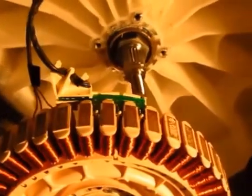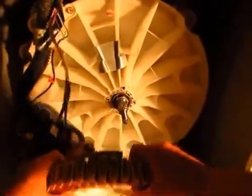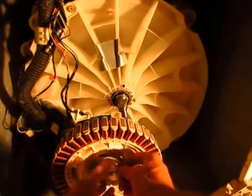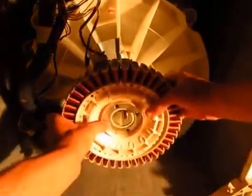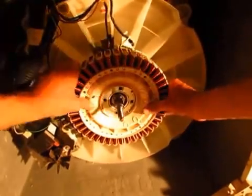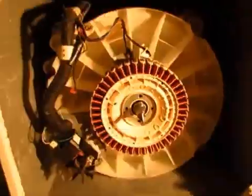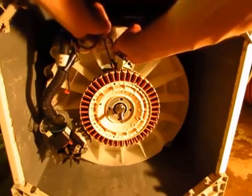And then all you really have to do is just the reverse of disassembling it, really. So I'll just make sure these little steel washers are back in place. Put the one on the back and this one on the front. And then just place the stator back on. So after a wee bit of wrestling with it, I managed to get this back sitting where it's supposed to be. So then I just hook these wires back onto this wee red clip,